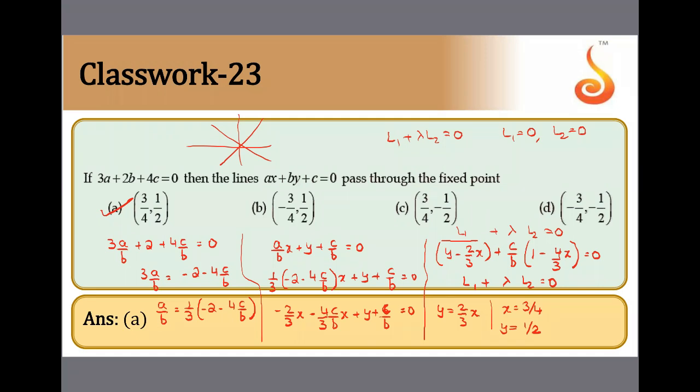That's why I'm saying. From this first equation, we wrote 3a by b plus 2 plus 4c by b. We have calculated a by b in terms of c by b. Same way we did here also. Substitute the a by b value. So you got it in the form of L1 plus lambda times L2, where lambda is c by b. It was asked in JEE Advanced also, long ago. BITSAT, JEE Advanced, everywhere they've asked. We can't verify options in this case. We have to bring it in the form of L1 plus lambda times L2, then only we can do it. So option A is correct.